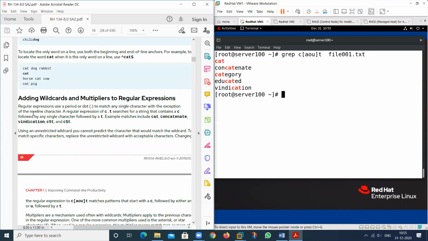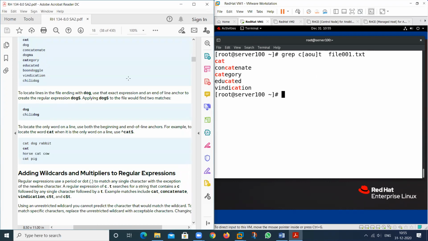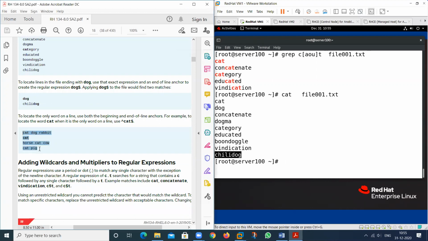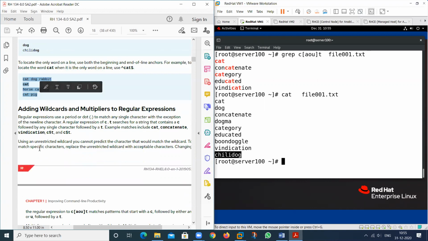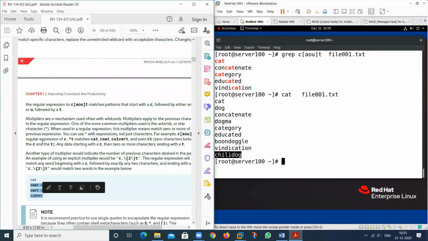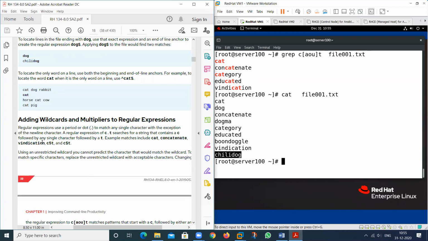Then see here, place these values at the earlier time. What we have in this particular file, see the result. Because the result that appears will not be the same in your book. See, we have the value related to this one. So copy this particular result into your file also. So see the result here. So these are the values.